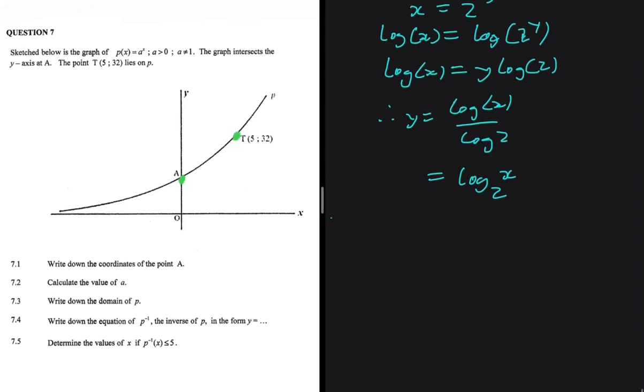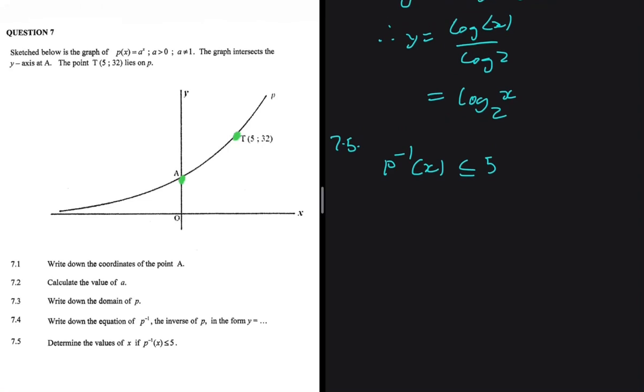And then off to 7.5. So 7.5 is saying let's determine the values of x if p inverse of x is less than or equal to 5, right? So what is p inverse of x? It is what we just calculated in 7.4, right? So we have log of x base 2 being less than or equal to 5. So let's go ahead and solve this. If we do that, we're going to get x